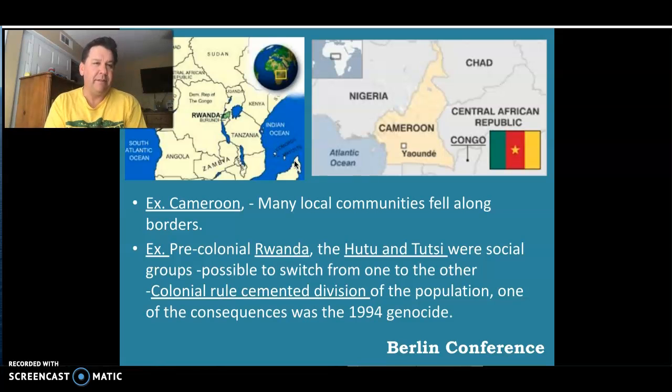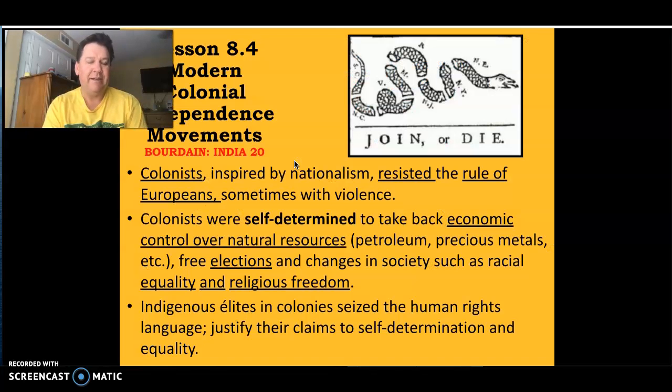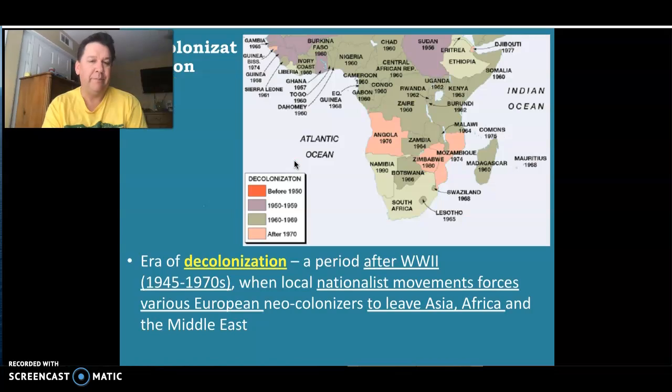Short story, it's typically known as divide and conquer, where you put the smallest group in. You give them the power. The problem is when these colonial powers walked away, the small groups that were in power were now forced to basically defend themselves against the large groups that had been sitting there going, this is not going to last much longer. And unfortunately, a lot of bad things have happened in Africa, and I'll let you guys learn more about that next year. Again, to us, the importance is understanding the lines on the map, understanding how colonial movements, how imperialist movements all determined the lines on the map.